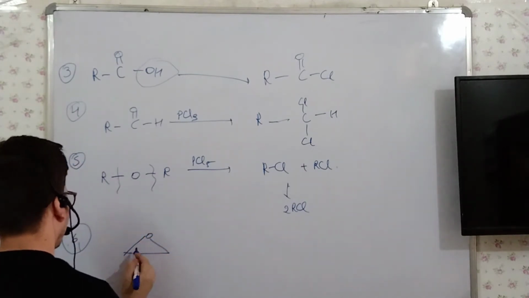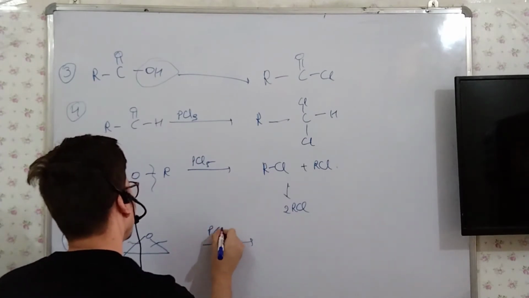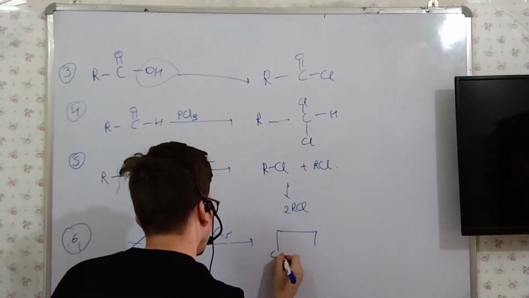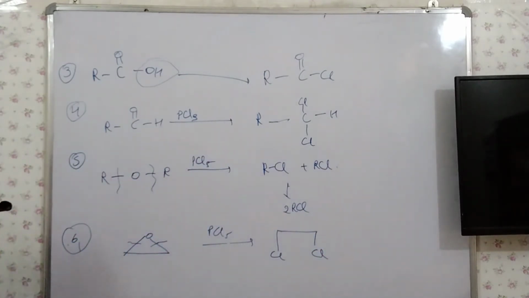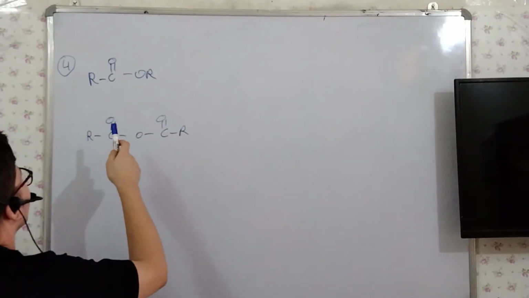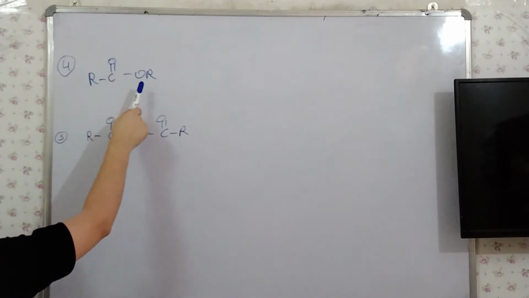Oxygen. So in this we have broken a bond from here. So what we will get is PCl5, Cl and Cl. So these are examples we can solve easily in seconds. Now we will see an example where 2 types of oxygen are present, meaning a double bond and a single bond.